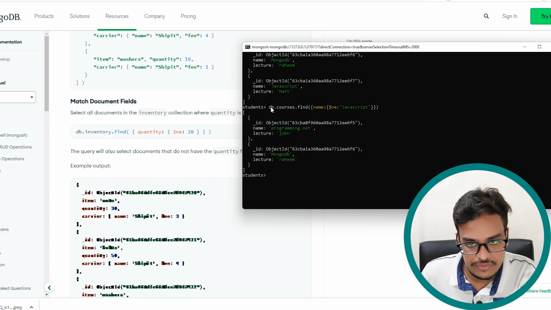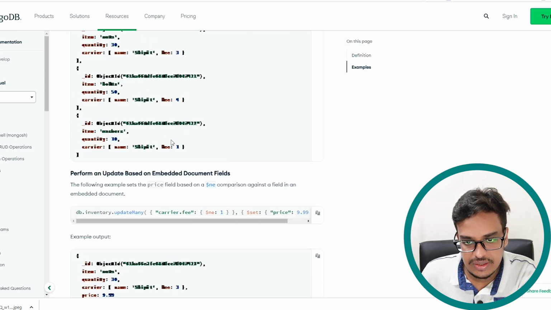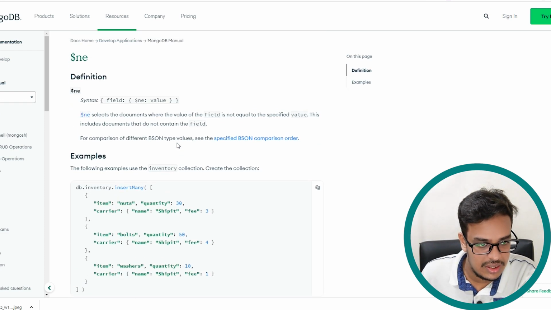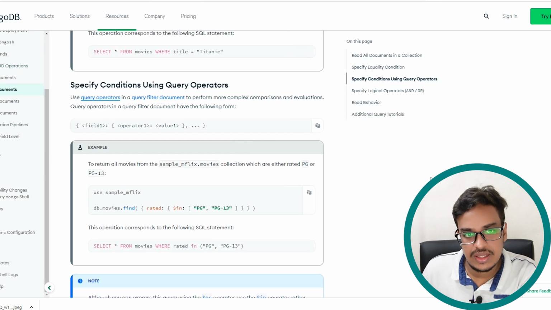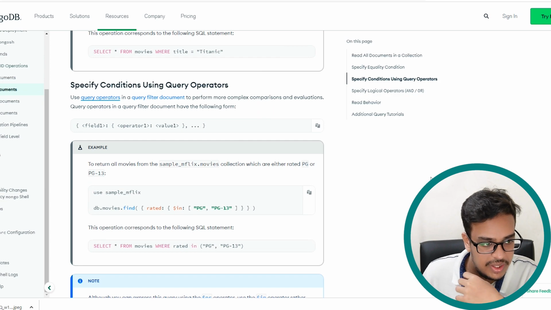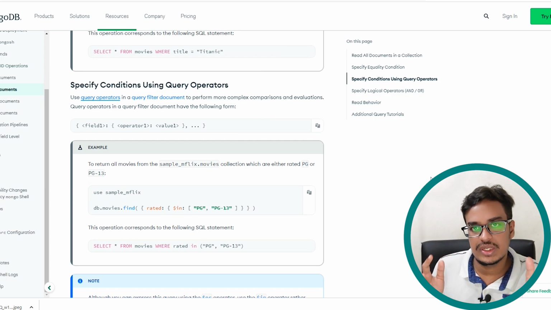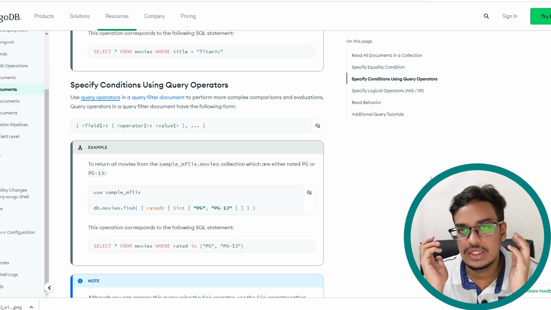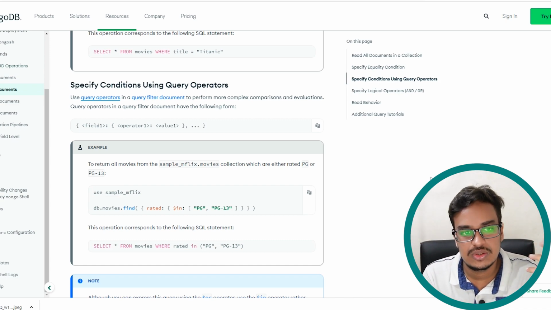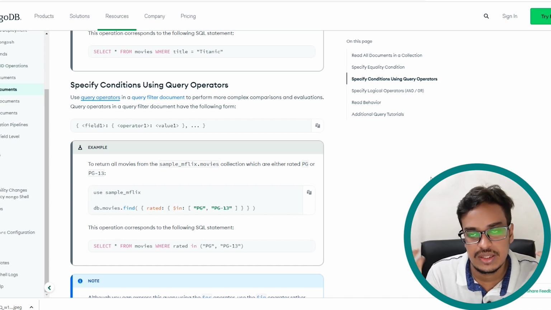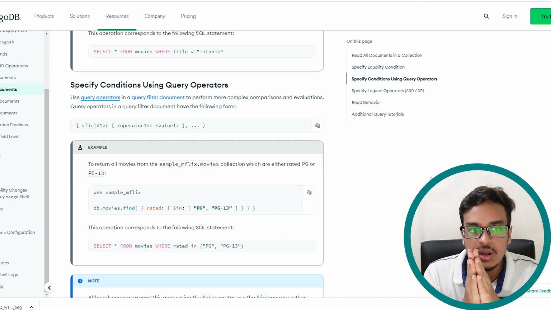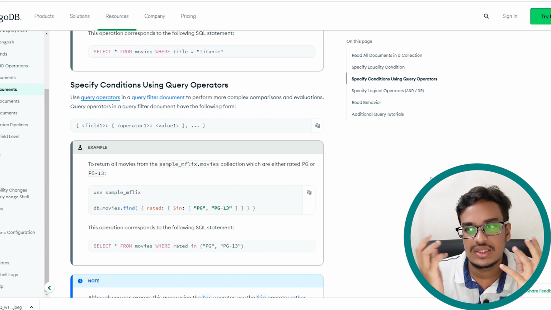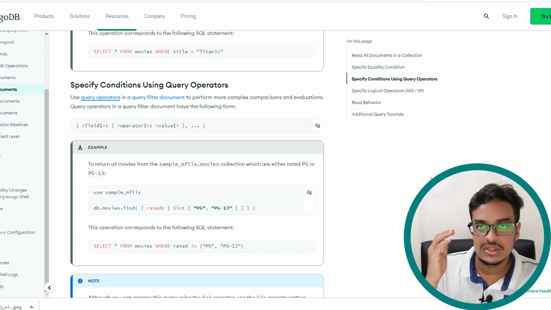So this is the beauty of this MongoDB query. It's very easy. You can see we have many operators to perform our query, and you can do many things with this MongoDB query. Many things are included in the documentation. Many developers are not going through the documentation. Whatever you are learning in different resources, you just try to remember everything. That is not going to work anymore, because in the documentation everything is clearly mentioned,